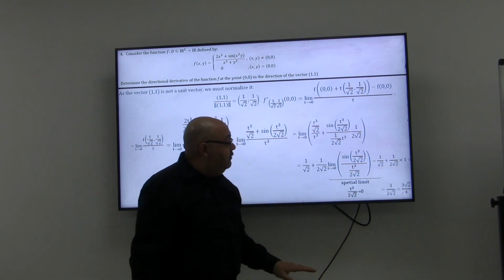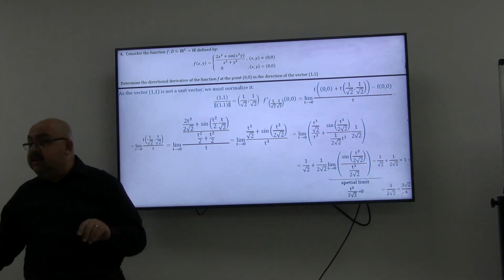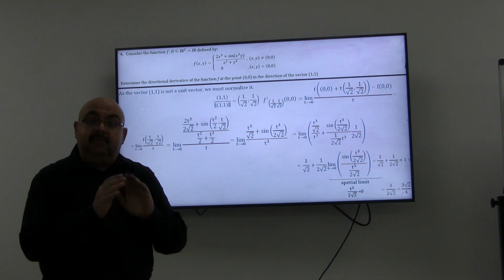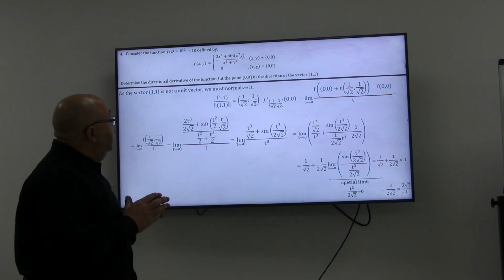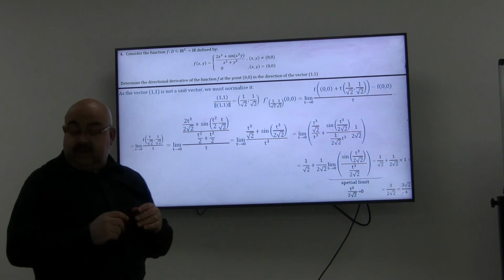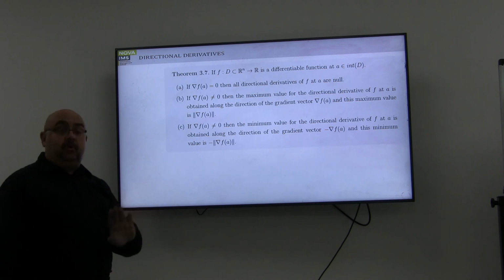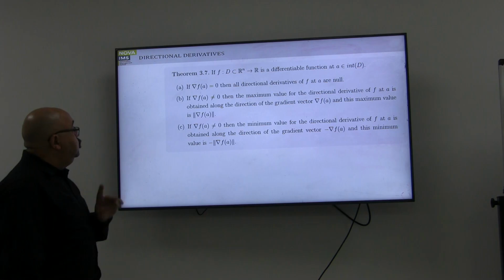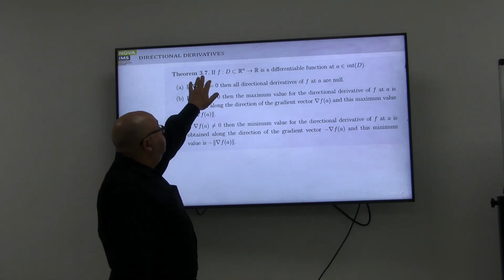And now I have the value of my function, as you can see, which is 3 root 2 over 4. Perfect evaluation for the directional derivative in this direction. I believe I added plenty of problems on the directional derivative. But before going further in more exercises and problems, I want you to remark that according to theorem 3.7,